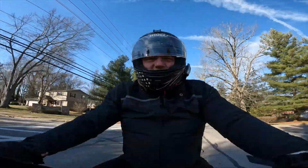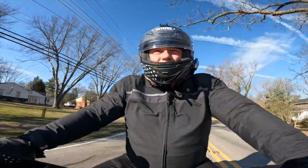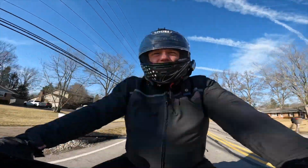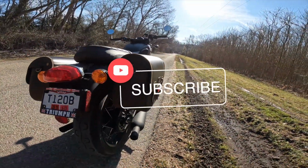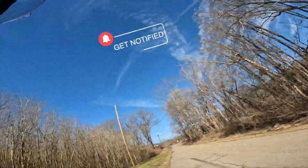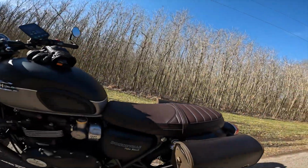But I just love the sound of the bike. It's really great. Just the pull that you get, a little bit different from the R9T. So anyhow, that's kind of what my thoughts are. My T120 Bonneville, it's got a little dirt. Gotta clean this up. But compared to my R9T, which I'll show you guys a little bit later, it's absolutely